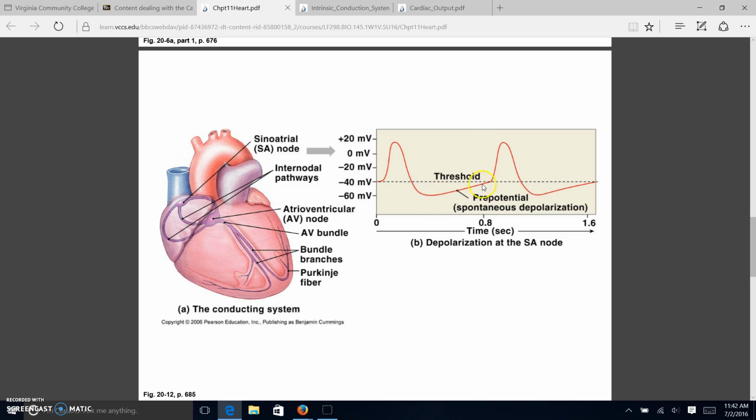Now, at some point after this happens a couple of times, we also have our sodium-potassium pumps. All that sodium that came in, we've got to pump it out, and all that potassium that left, we've got to pump it back in. We also even have calcium pumps. So the calcium that came in, we pump it